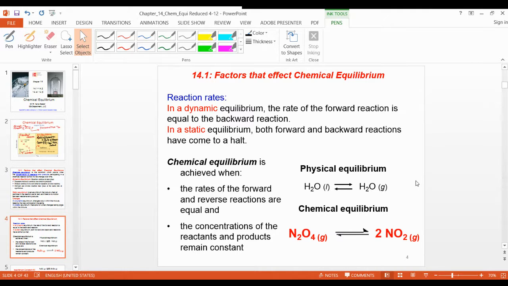You can say that these 2 arrows designate the equilibrium. A single arrow you will get in any chemical reaction. A single arrow means no equilibrium, only the reactant changes to complete the product. The product never comes back to reactant. This is all about your physical and chemical.